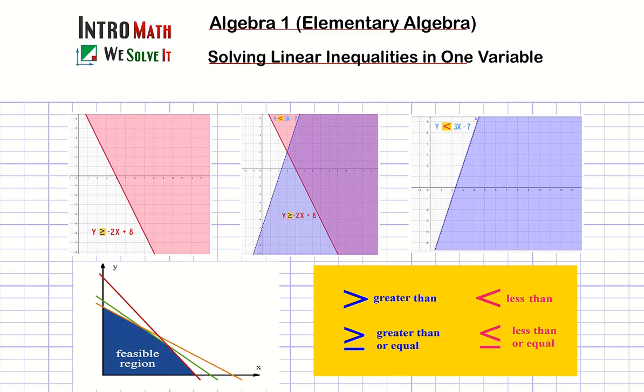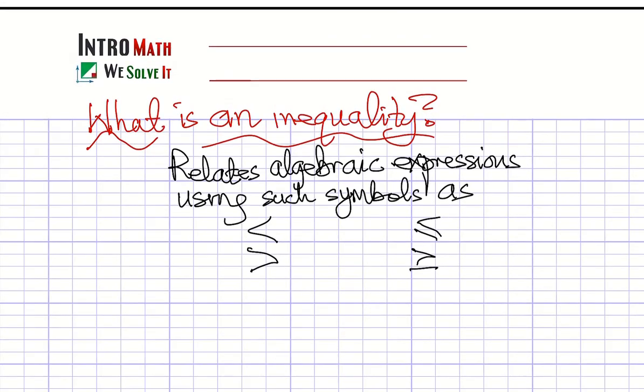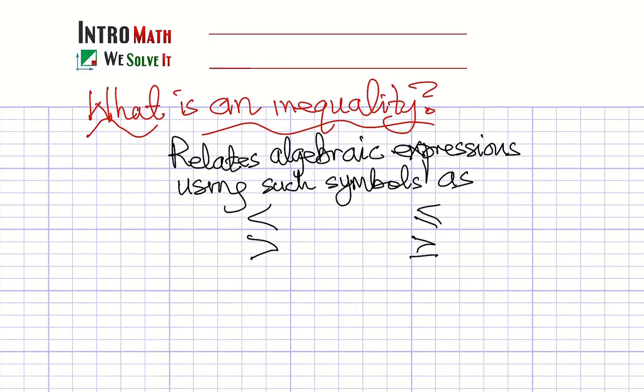Let's try to understand what it means for an expression to be a linear inequality. That's what we need to understand. The question I have for you is, what is an inequality? When they say two things are unequal, what does that mean? Some books will tell you that an inequality relates algebraic expressions using such symbols as less than,